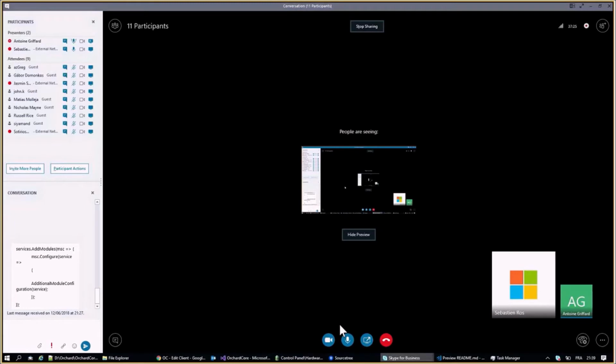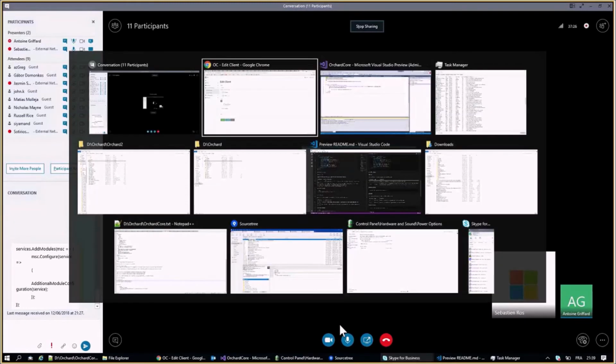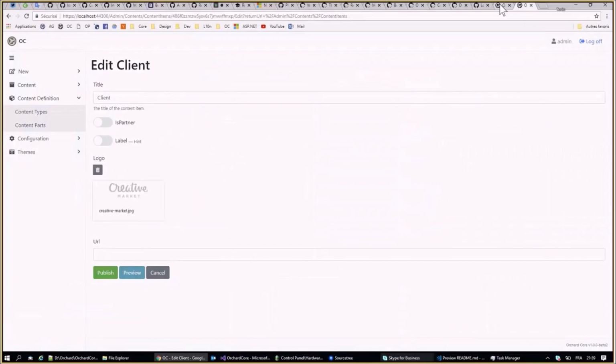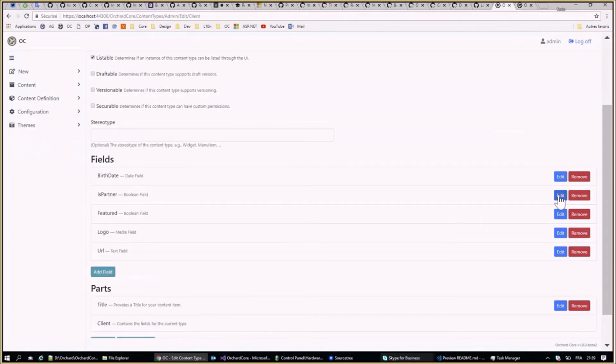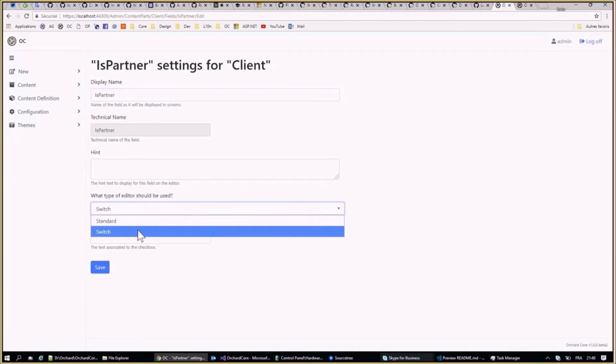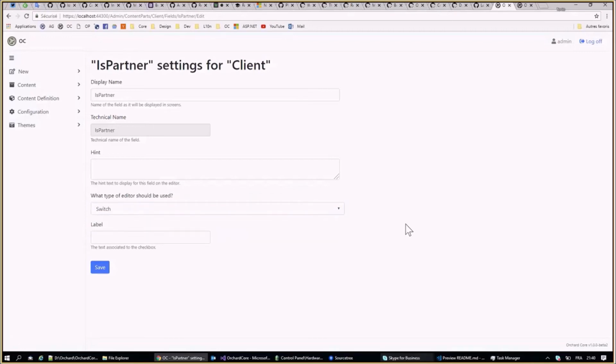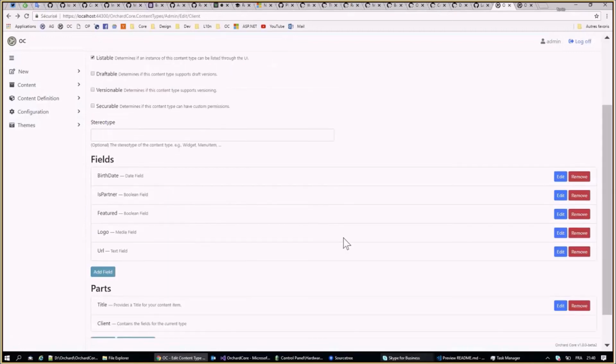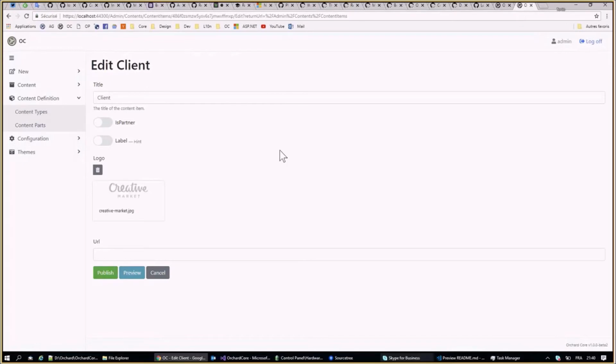I'm going to make a demo about what I wanted last week, about using a Boolean field and choosing the switch editor. So it has been replaced by a CSS only